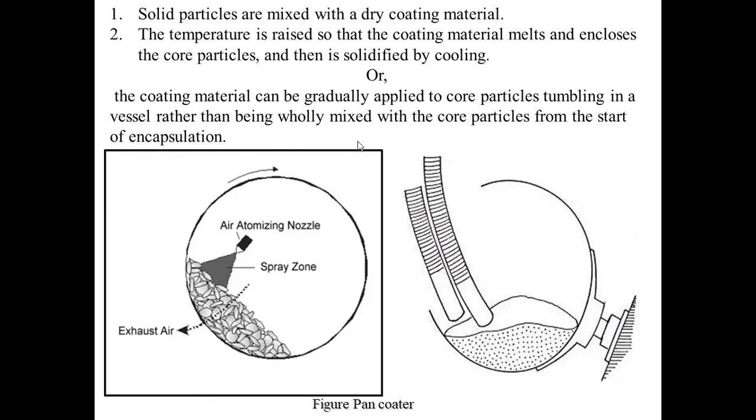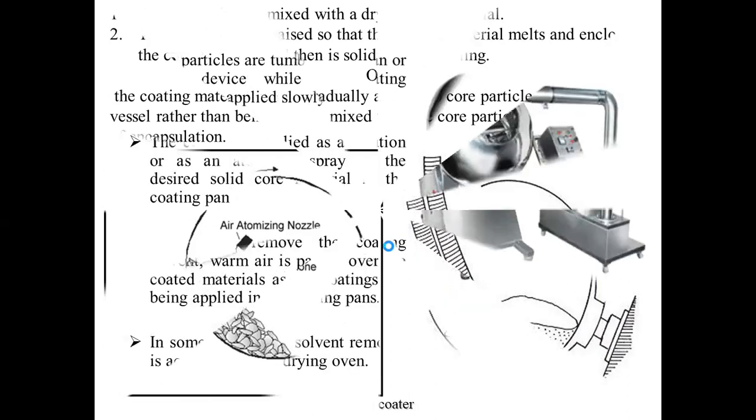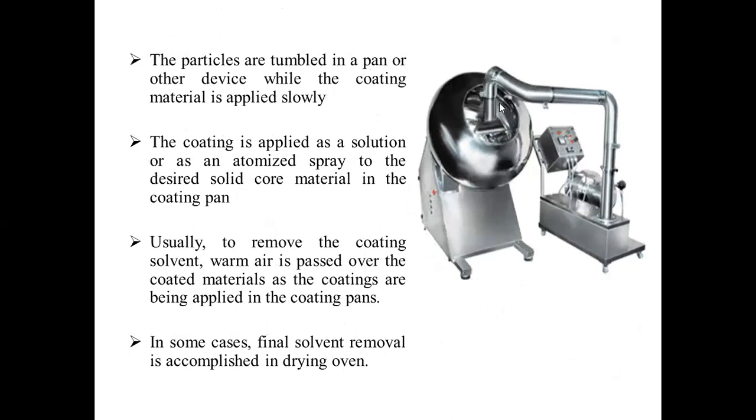So the pan coating is a similar method to what we use in our conventional pan coating system, where we can see this particular conventional pan system which contains one air atomizer. Here we can see a simple diagram of our pan coater. Here the particles are tumbled in a pan or other device while coating material is applied. From here we are supplying the hot air. This is our tumbling pan,